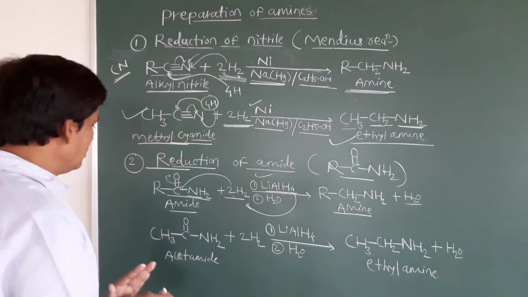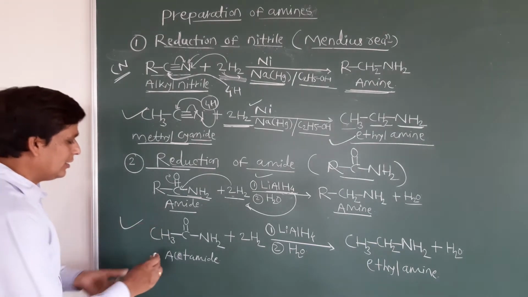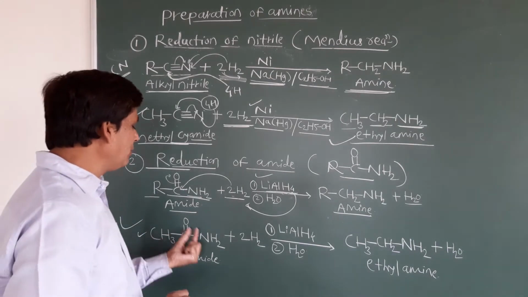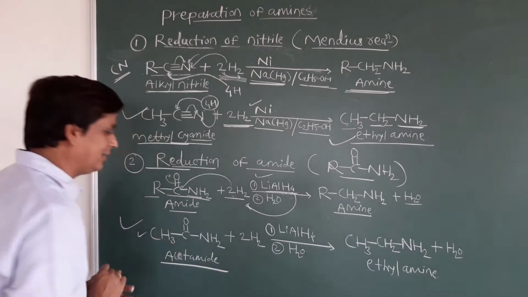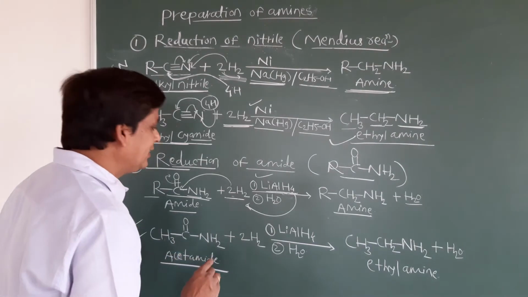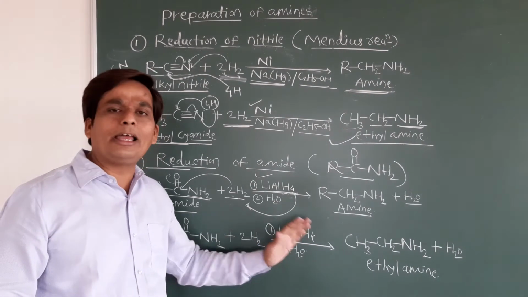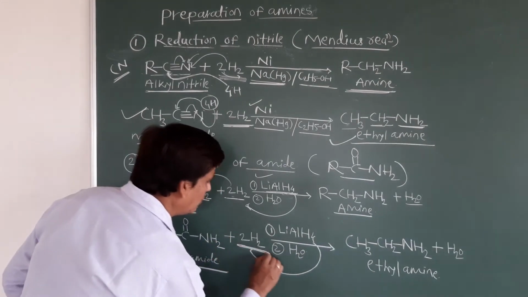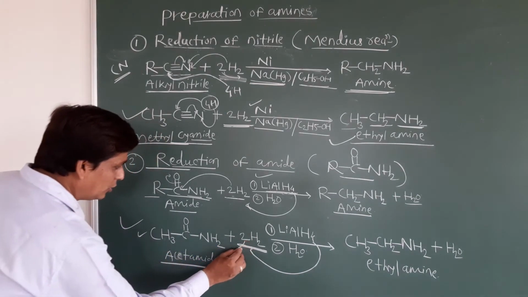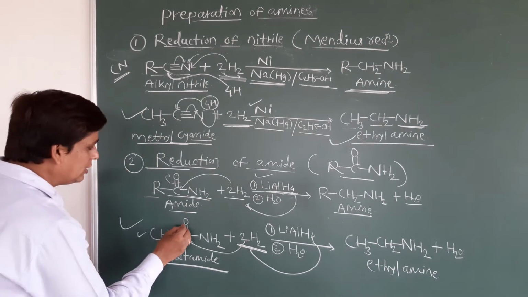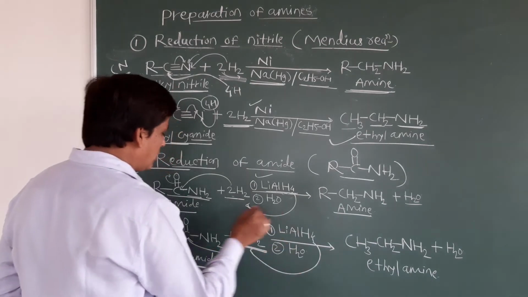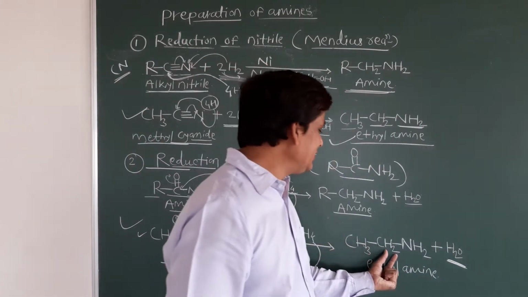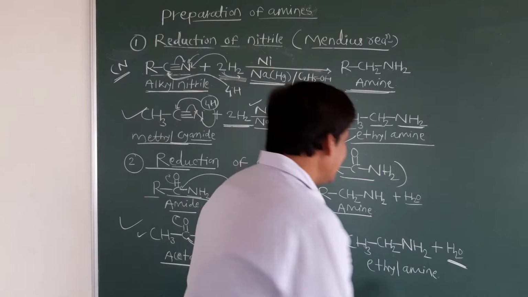See one general reaction. Here I have taken acetamide. Instead of R, I have taken CH3, so CH3-C double bond O-NH2. This is acetamide. When this acetamide undergoes reduction with the same reducing agent, lithium aluminum hydride, 4 hydrogens come from the lithium aluminum hydride. I have taken 2H2, meaning 4 hydrogens. Out of these 4 hydrogens, 2 attach to this carbon, then the bond shifts and also breaks, and the remaining 2 hydrogens and this oxygen are removed as water. What we get here is CH3-CH2-NH2, simply ethyl amine.